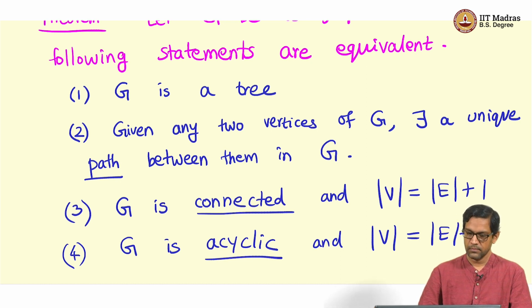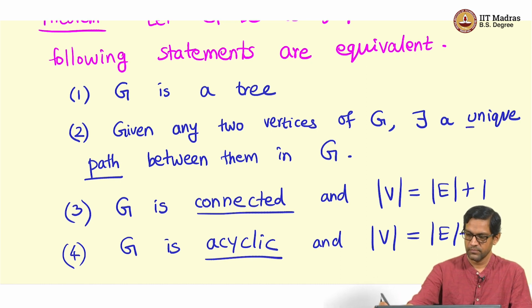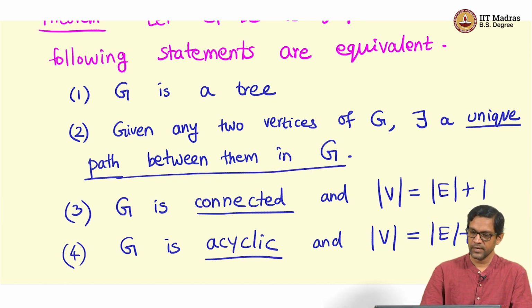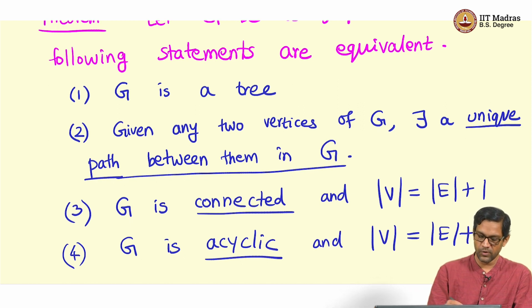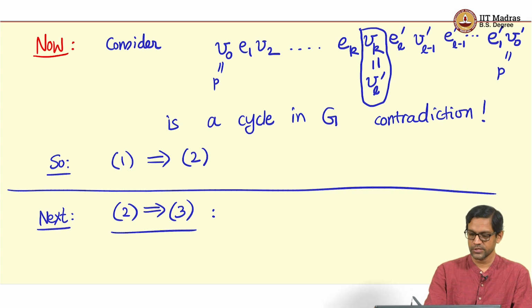Now, G is connected is of course obvious. If you assume 2, that is you assume there is a unique path between any two vertices, then of course G is connected. That is more or less the definition of connectedness. So the first part of what we have to prove is clear. So let us do this. We assume there exists a unique path. So we are given 2, we need to prove